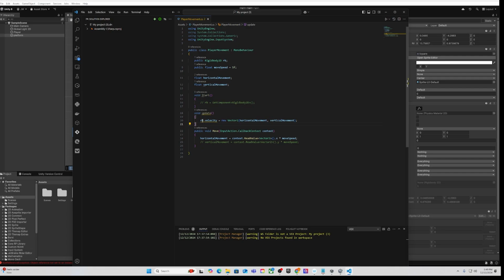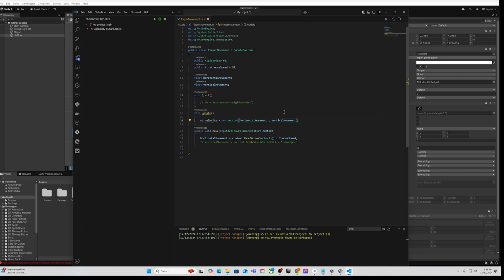All right, so what we're doing, remember RB is our player version of the idea of a rigid body. So we've taken this idea of rigid body and made it specifically called RB for our player. That's the instance of it. We're taking its velocity. So when you see a dot something, it means it's taking a parent component and accessing one of its little subclasses or abilities. So our rigid body, specifically for the player, RB, we're accessing its velocity. And then we're setting that equal to a new Vector2,